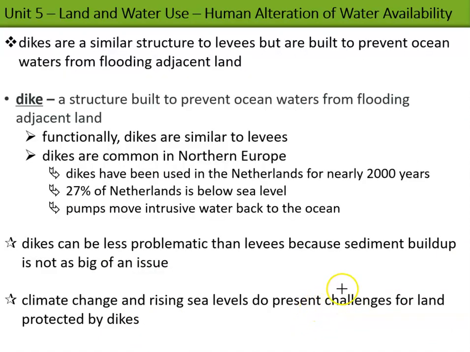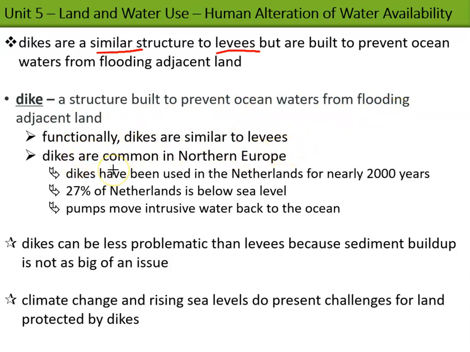Another thing that people do to alter the water availability and water flow is they build dikes. Dikes are similar structures to levees, but instead of dealing with rivers, they are dealing with ocean water. A dike is a structure built to prevent ocean waters from flooding adjacent land. Functionally, dikes are similar to levees, like I said,